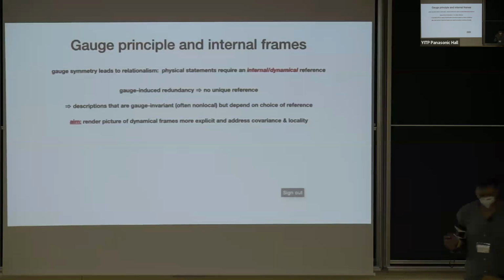These are facts that are generally appreciated, but what has not often been really spelled out is how to identify from these notions properly dynamical reference frames that are associated with the gauge group, and also to ask how we can, for instance, transform systematically from the description relative to one dynamical reference frame to that of another. Is there something like a dynamical frame covariance? In particular, in the quantum theory, this gets interesting because when these frames are dynamical, they're going to be quantum, and that means they're subject to fluctuations, and they will be in relative superposition to one another. So this is a bit the aim here, to discuss this.